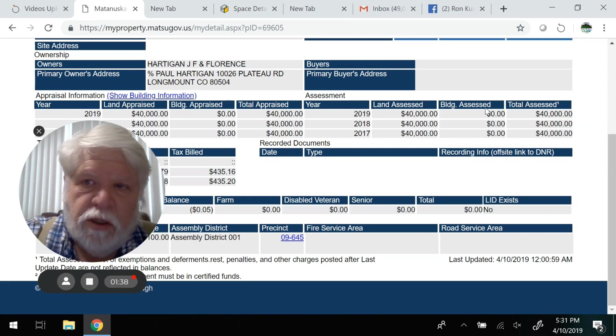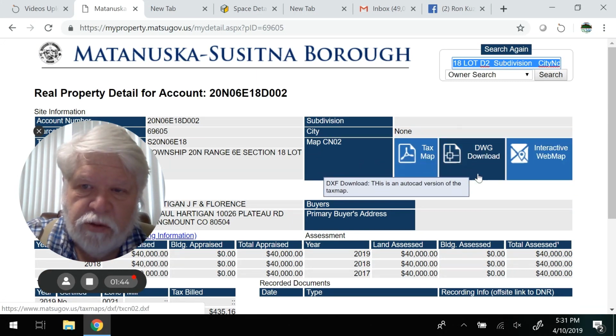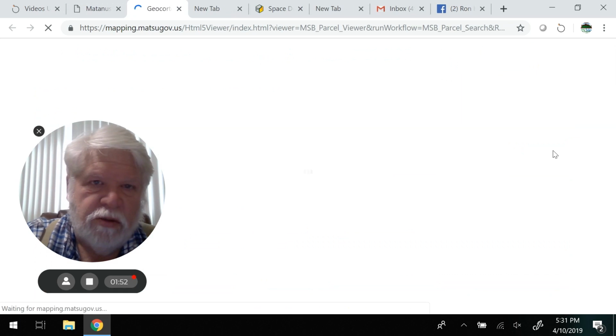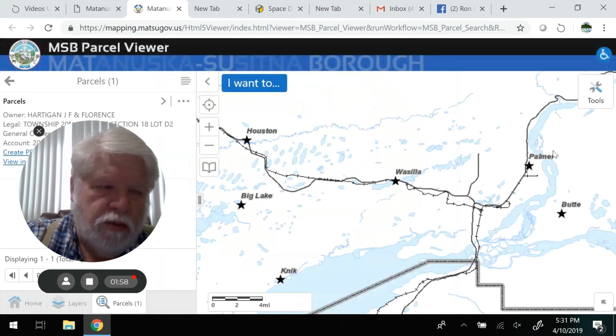Okay, but once you're here, there's three different maps. I've never really used this one, don't know how to use it. This is a tax map, which I use once in a while, but rarely. This interactive map is the good one that'll give you a lot of information. So click on that and wait. It takes a while sometimes to come up. And when it does,